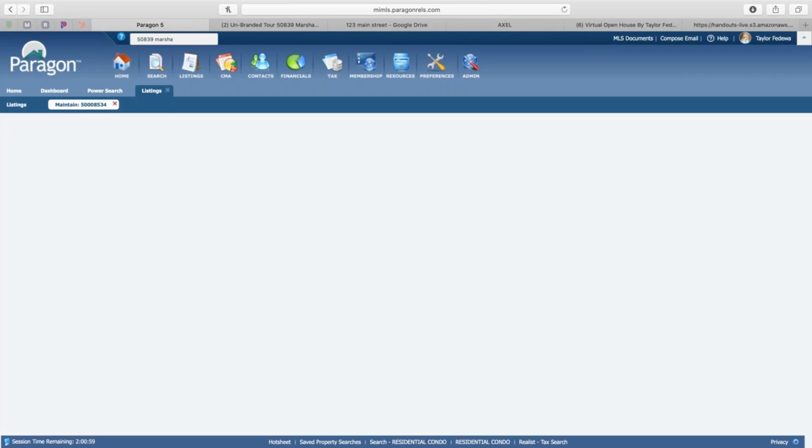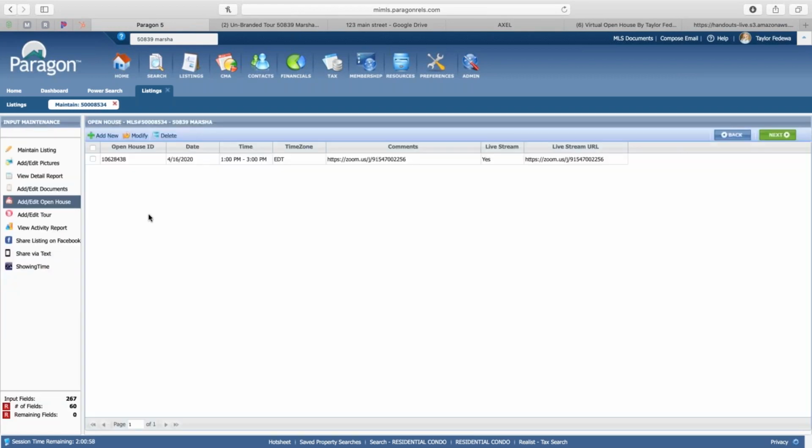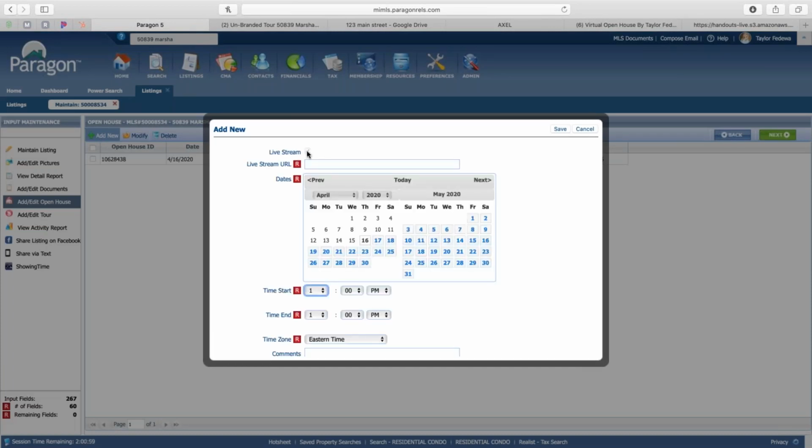Pull this up. Right here is where you can add and edit an open house. When you hit add new, it's automatically checked. Traditional open house right now is not an option in the system, but it's a live stream. So that Zoom stream that Colleen would schedule in Zoom, she can put that URL right here, choose the date